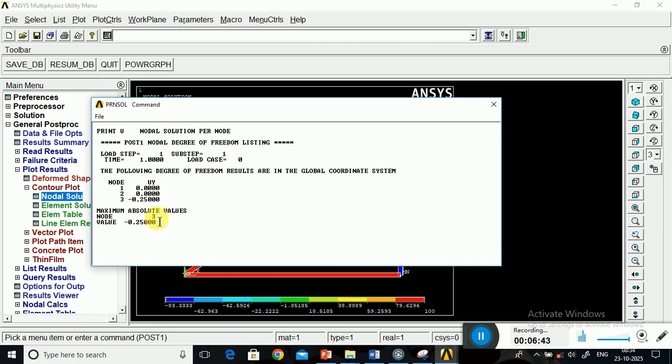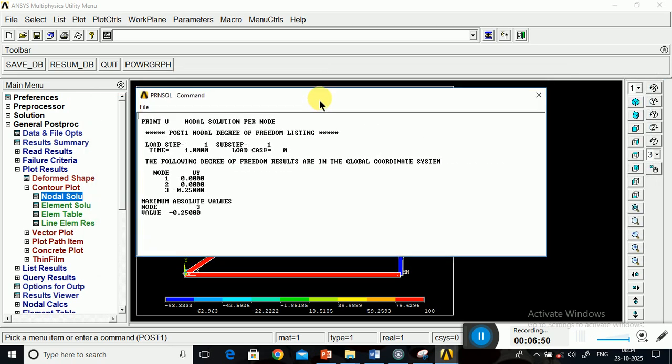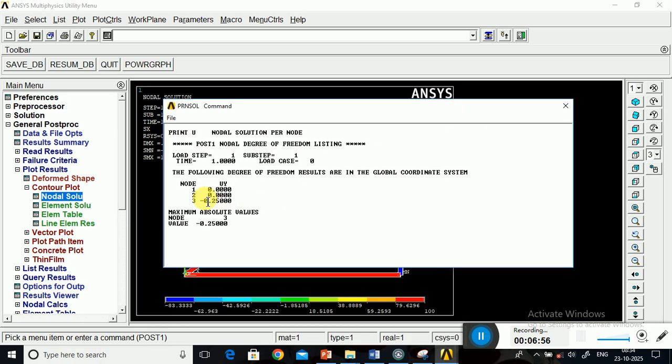These are the displacements in the y direction for node 1, node 2 and node 3. Node 1 is a hinge support, so there is no displacement in the y direction. Node 2 is a roller support, so no displacement. For node 3, there is a displacement of minus 0.25. These are in millimeters.